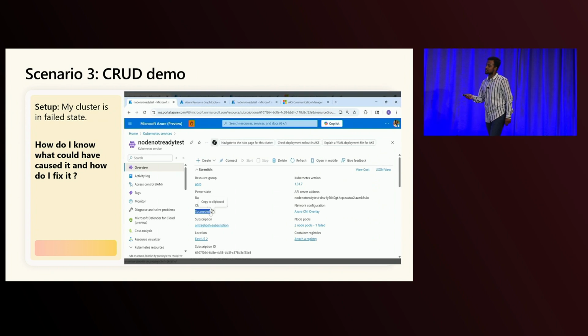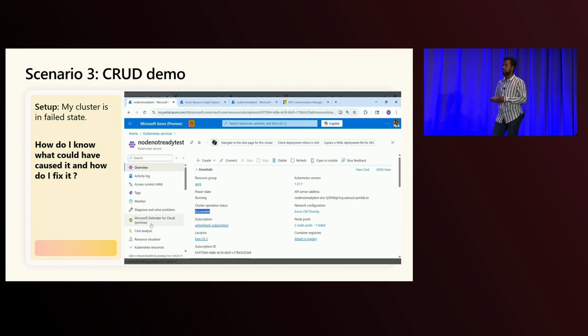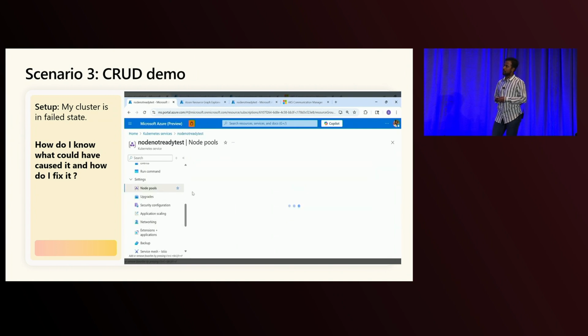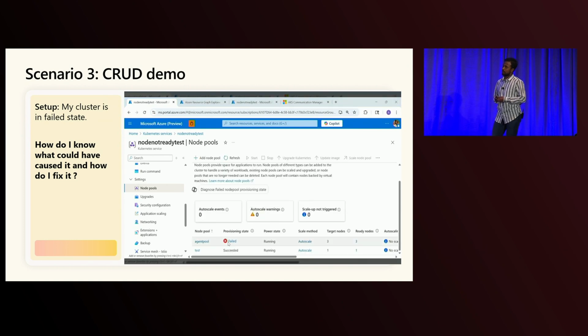You can see that the cluster is in succeeded status. If it was failed, you could see why it was failed. I want to just make sure node pools are OK. Head on over to the node pools page. You can see that one of the node pools is in failed state. Just as you click on it,